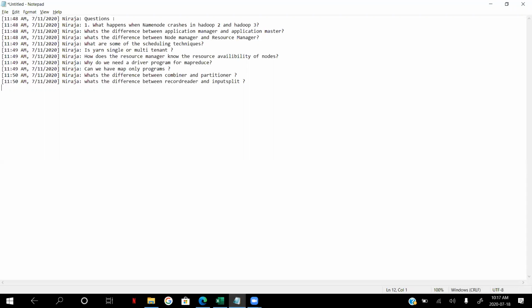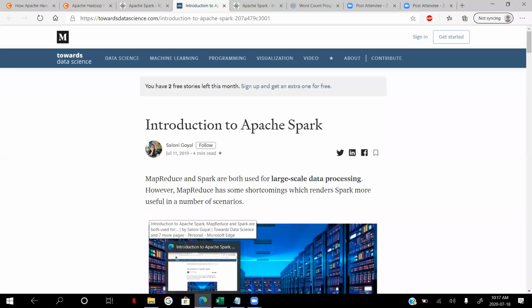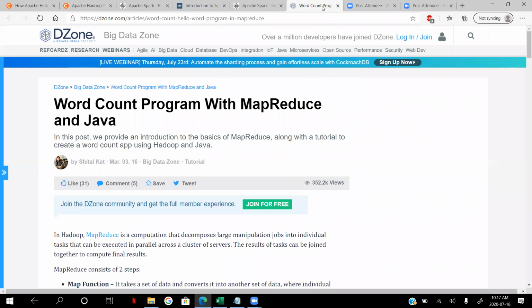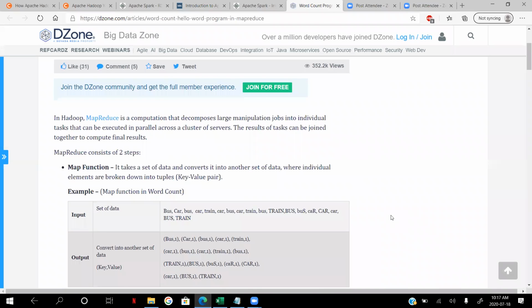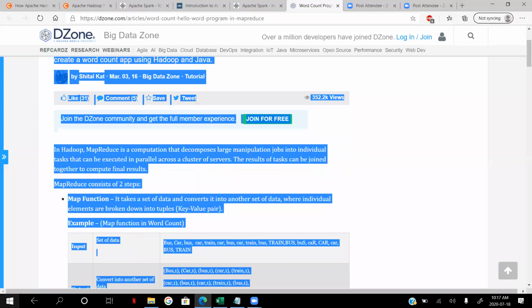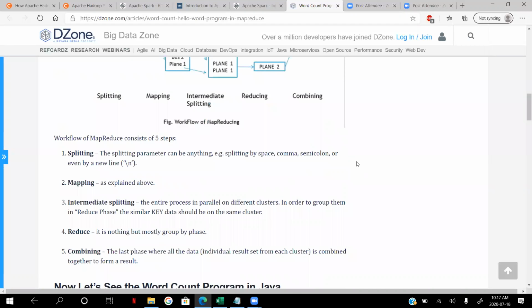So now I will go a little bit in depth into what I wanted to show you in MapReduce, and then I'll stop, take a pause for more questions, and then I'll go into Spark. The first thing I wanted to show you was how a MapReduce program is written. So this is the input. You have bus, car. I think it's a word count to identify how many buses, cars, trains, and whatever are there in this input file. So don't worry about all this. I'll just show you the MapReduce program first, and then I will take you through how each phase has been split up.